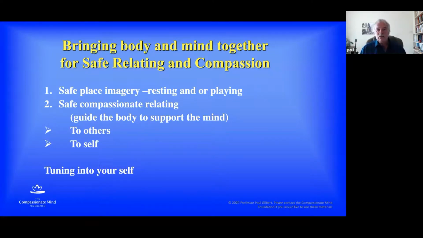The next thing you might want to do is, if you feel safe in this place, what would you like to do? Because when you feel safe, you might also want to have a little bit of drive, right? It was working with some of my clients many years ago who said, well, if I feel safe, I wouldn't want to just sit around, not doing anything. I'd like to do something. And we said, well, what would you like to do?